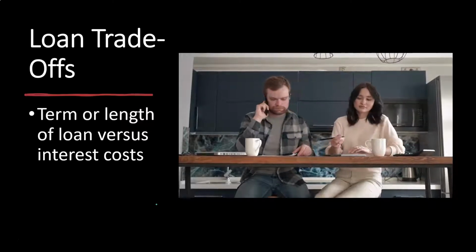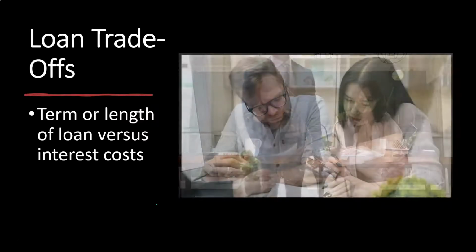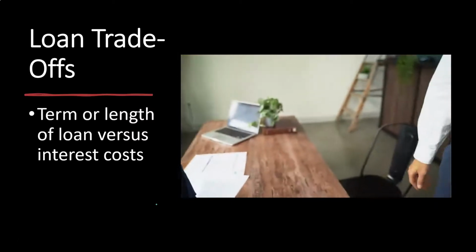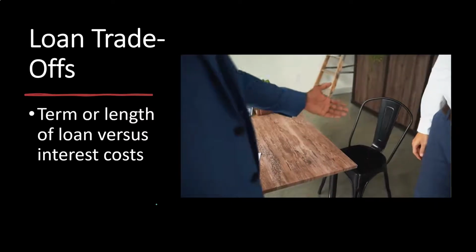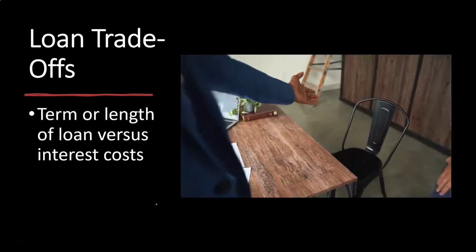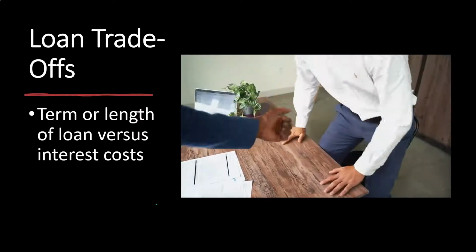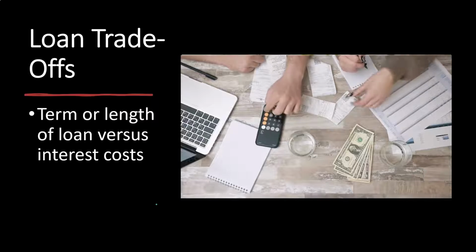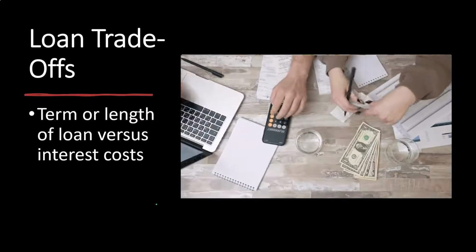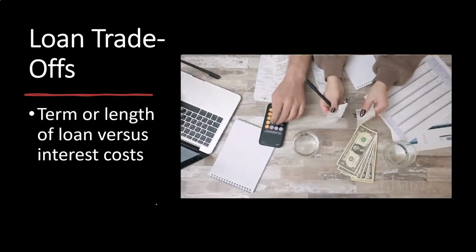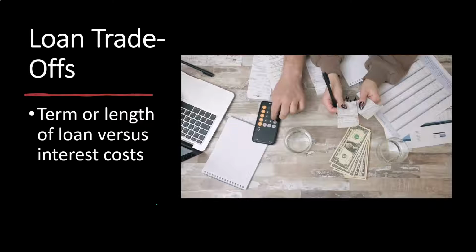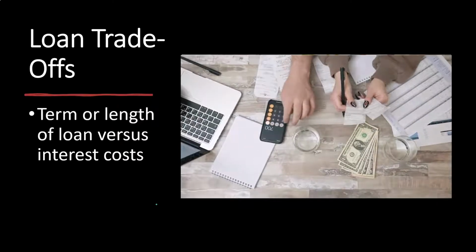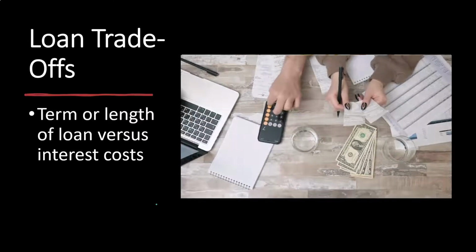Now, also note that as you think about that from the financial institution's perspective, you might say, hey, I'm okay having a longer period loan as long as I have the capacity to pay it off earlier. That could be an option, but you want to make sure that you have that option open for you. Meaning, if you say, hey, I'm going to take on a 30-year loan, but I plan on paying it off in 15 years or 10 years or something like that, you want to make sure that the financial institution